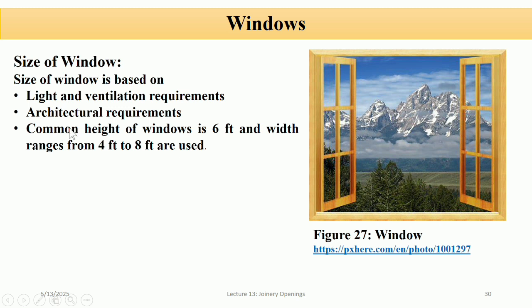And common size is the common height of window is about 6 feet from sill to lintel, and the width usually ranges from 4 feet to 8 feet depending on the wall size and room dimension. So larger rooms or a living area may require wider window while smaller rooms like bathrooms or stores use narrow